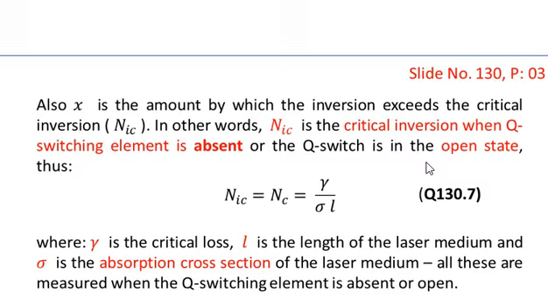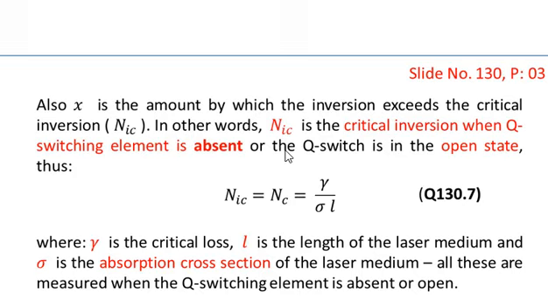So here we can say that when we say that the Q switch is in the open state, it means you can assume that the Q switch is not present. And when we say that the Q switch is in the closed state, it means that the Q switch element is present. So this is the critical inversion that we have defined,